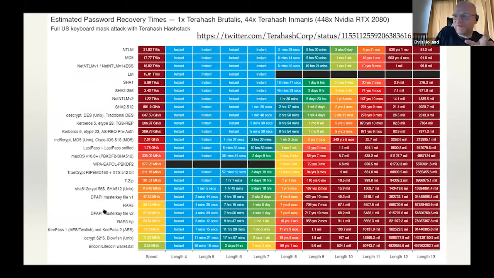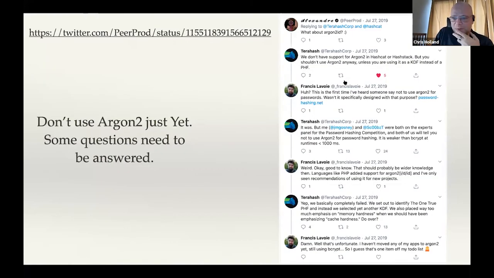So as you can see, Argon 2 is nowhere to be found on their chart. So somebody actually asked them about that in this Twitter thread. So again, it's difficult to read on the screen, but you will see it in the PDF. But somebody asked about Argon 2. And they ended up saying that